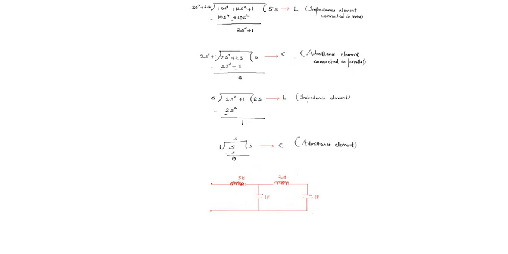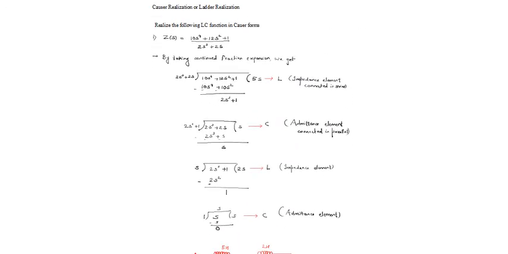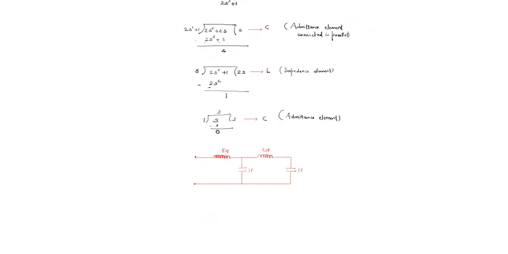So, understanding the problem, we started with a transfer function. You could see here, we started with a driving point impedance of a one port network. With the equation of a driving point impedance, applying the Cauer method, we have actually obtained the circuit for this particular driving point impedance. This is called network synthesis, wherein from the transfer function, from the driving point impedance, we are able to identify the circuit. So this is the circuit which satisfies the given impedance function.